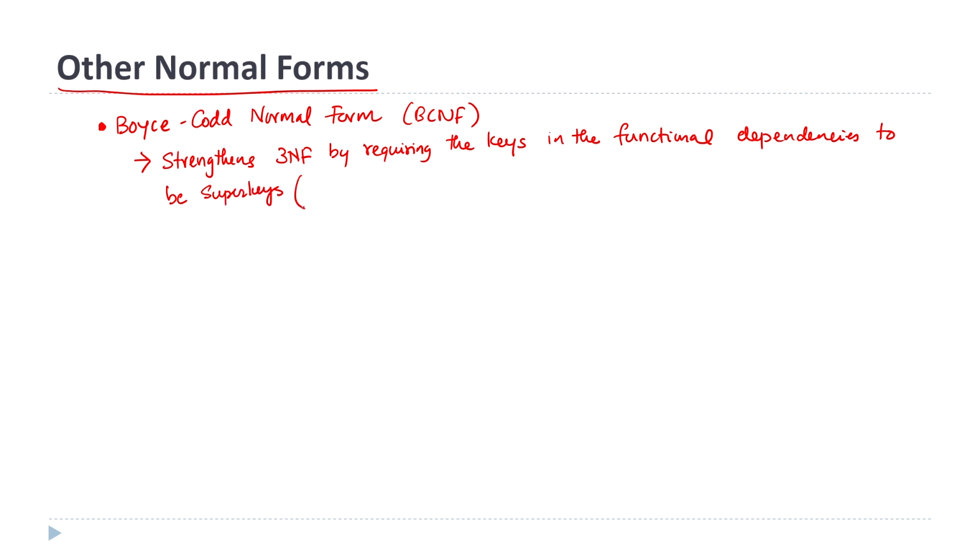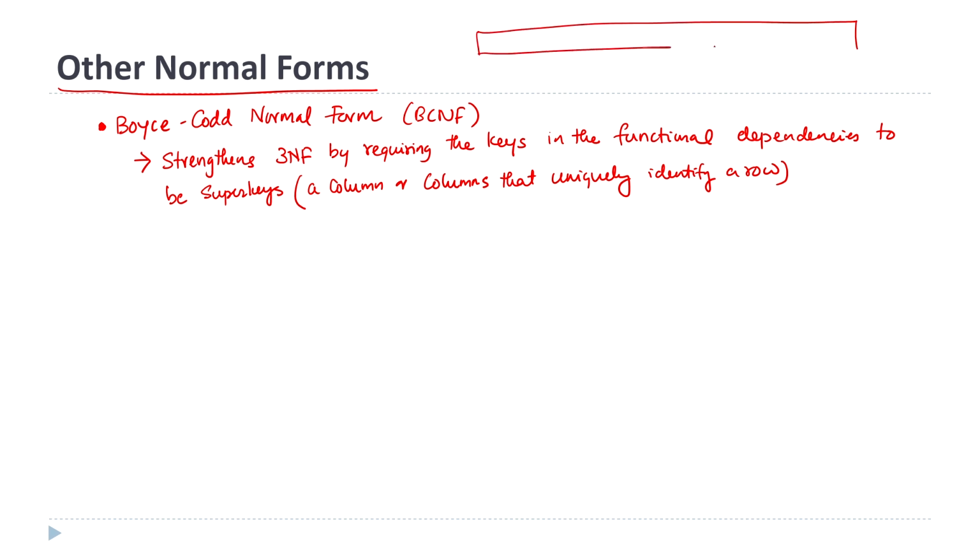That means it is a column or columns, more than one column, that uniquely identify a row. So, the Boyce-Codd normal form literally means that if you have a table like this,